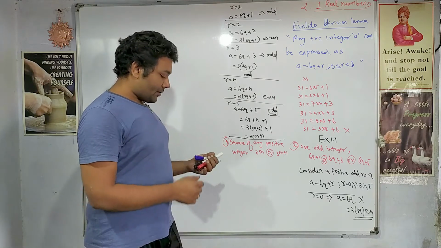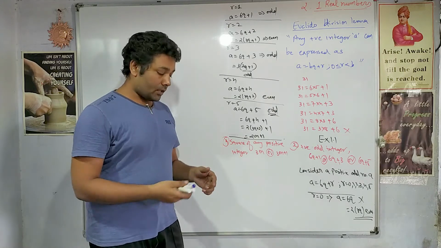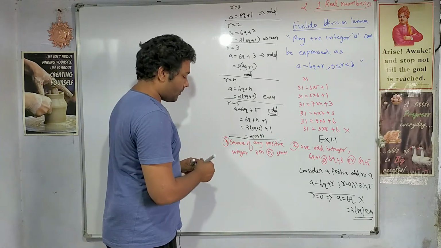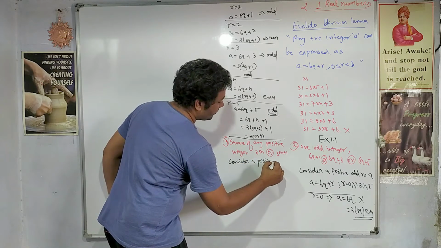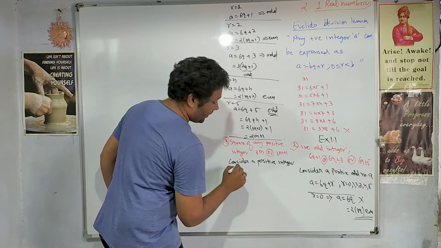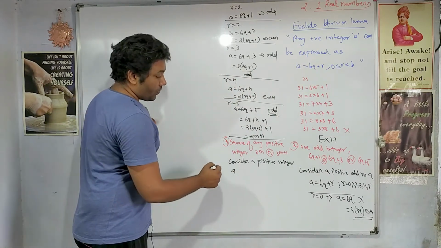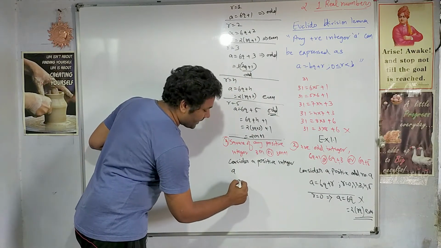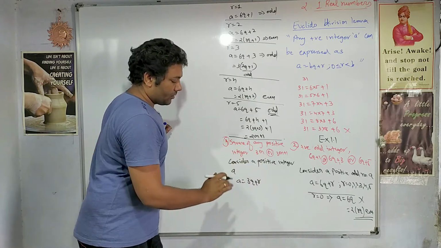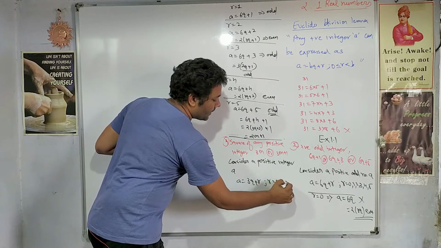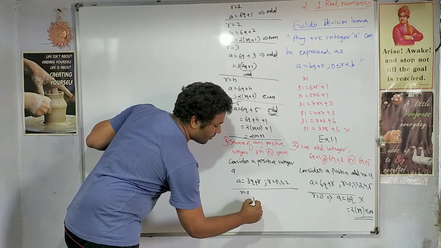Now let us try this question where it says that the square of any positive integer, you take any positive integer. So we'll take some positive integer. Consider a positive integer a, right? If you take a positive integer a, then how can this be represented as per the question? It should be in the format of 3q plus r. b is fixed, right? So what will be the value of r? 0, 1 and 2. So let us take again r equal to 0. Then a is equal to 3q.